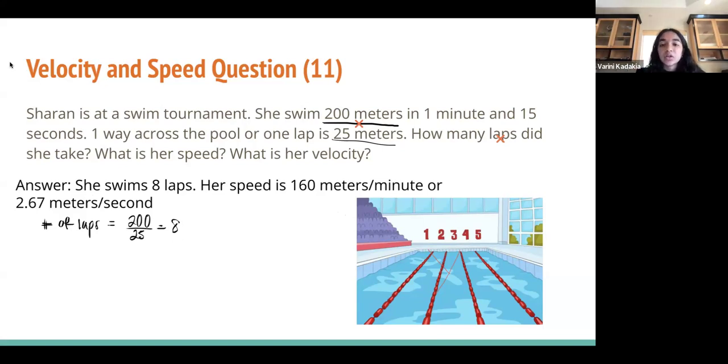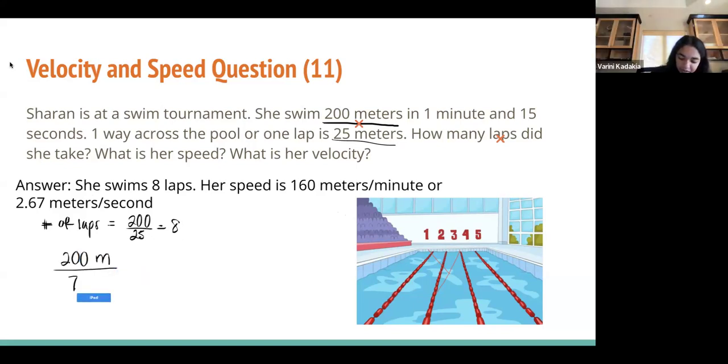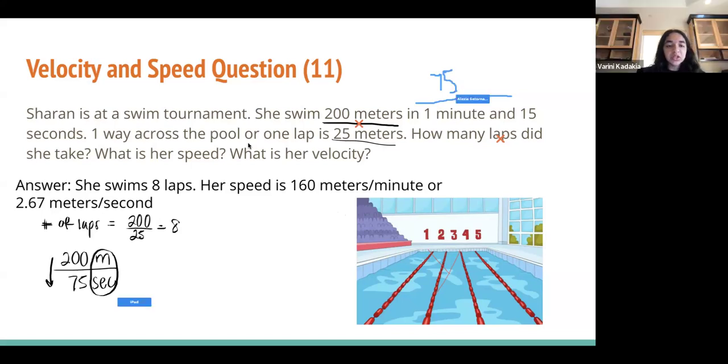So we know that she does 200 meters in 75 seconds. So let's see, we can just do this. We have 200 meters in 75 seconds, so we can just divide this. We can just divide 200 by 75 because they have not given us units in the problem, so we can put units in whatever units we want. If our units are meters per second, our fraction is already in meters per second. We can just do 200 divided by 75 to get